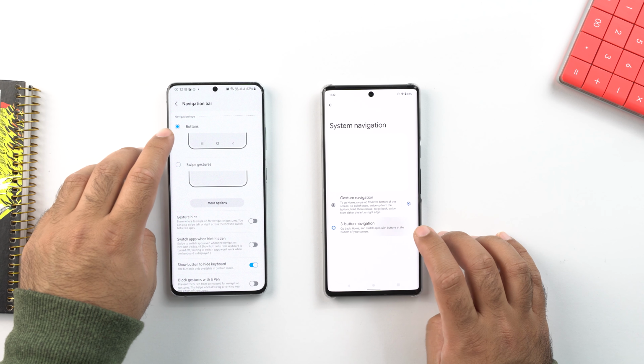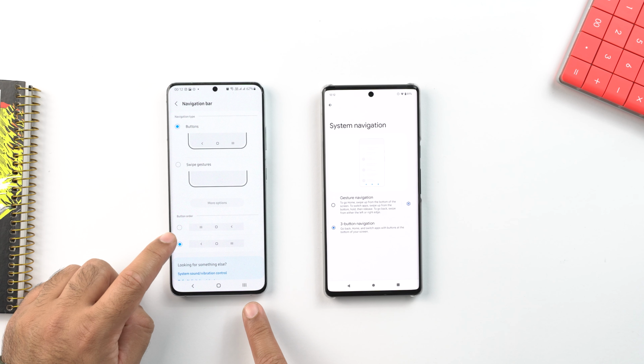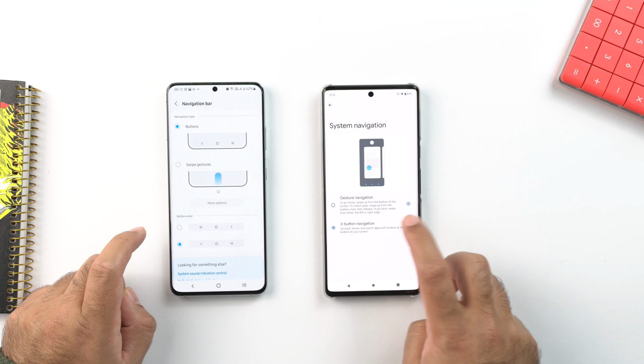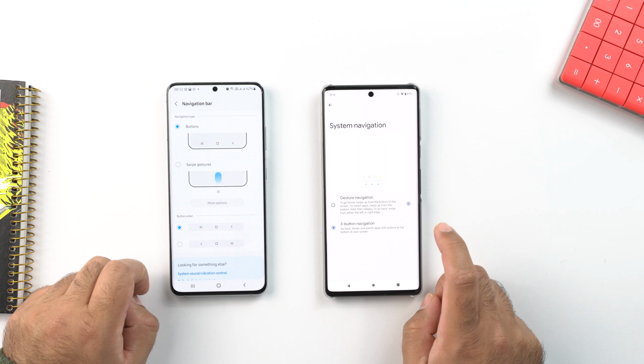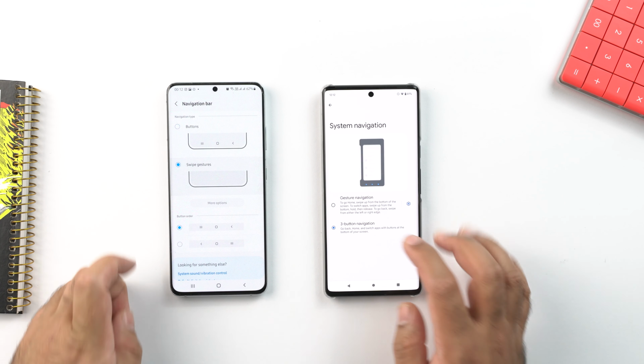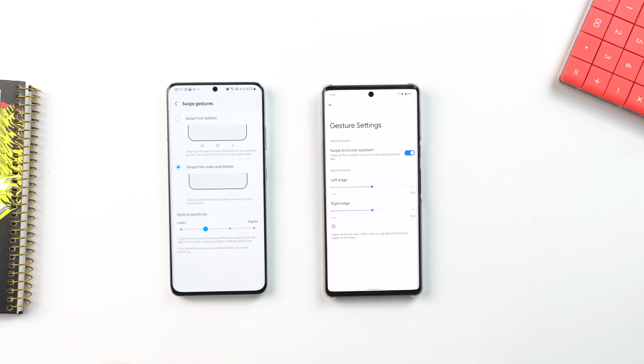I like using buttons on my Samsung S21 Ultra, but today I am using the navigation gestures on both the operating systems to show you which one has more convenient gestures. To be honest, gestures are super good and smooth on the stock Android 12. Stock Android's button layout isn't customizable. You can't shuffle the buttons. Both the buttons and navigation gestures are highly customizable on the Samsung One UI 4.